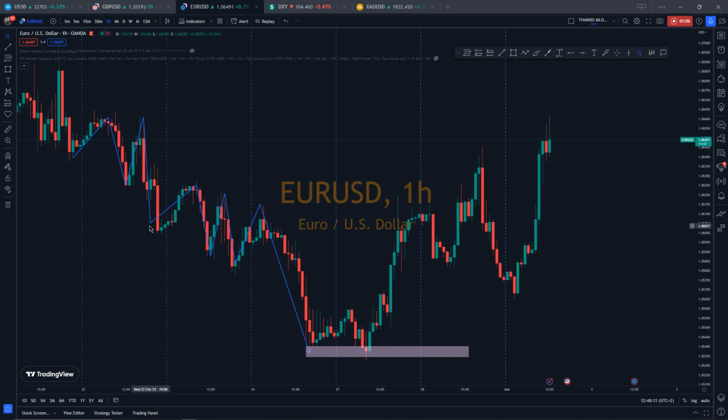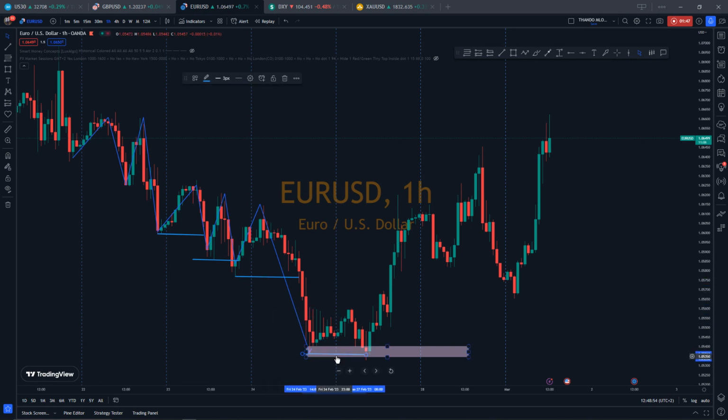Why do I say that it was a downtrend? Because the price has been closing candles below the previous low. As you can see here, this was the previous low. Price closed below this previous low, as you can see. So price kept on closing below the previous lows, as you can see from this over here. And when price got to this area here,